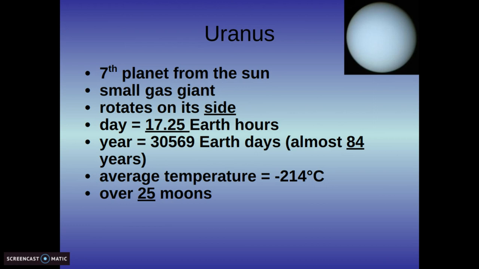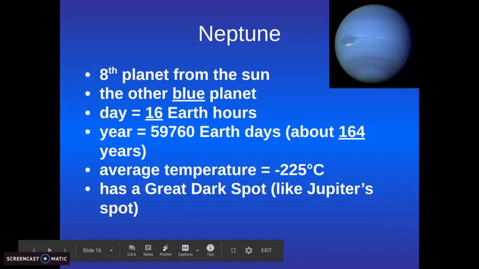1 day is 17 Earth hours. 1 year takes about 84 Earth years. The average temperature is negative 353 degrees Fahrenheit, and it has over 25 moons. Neptune, the 8th planet from the sun, known as the other blue planet, that's just because the chemicals